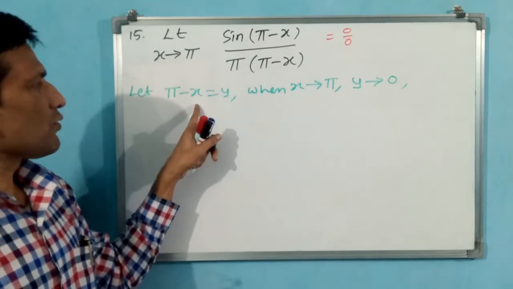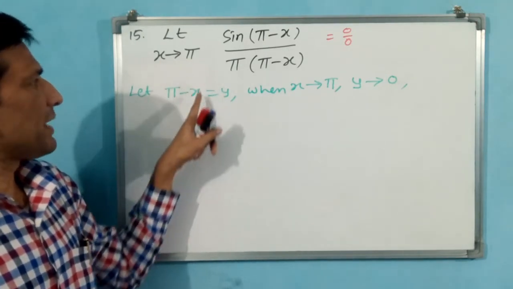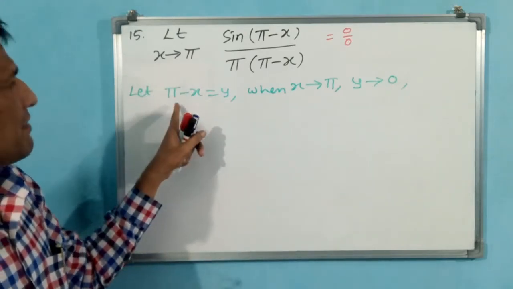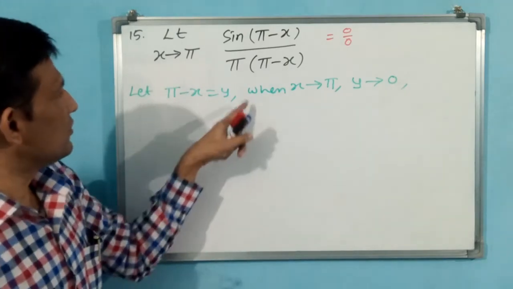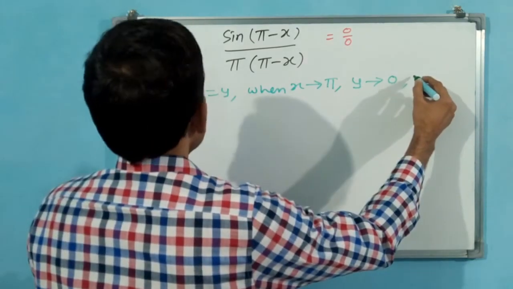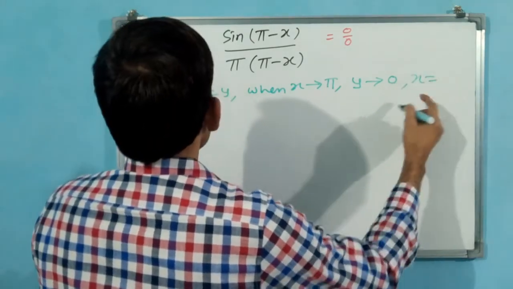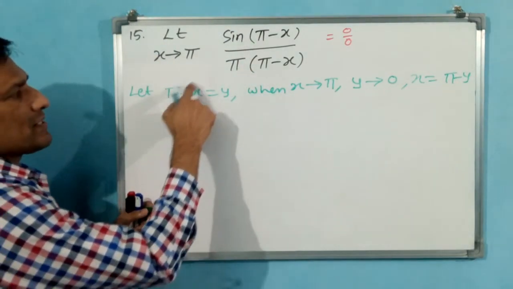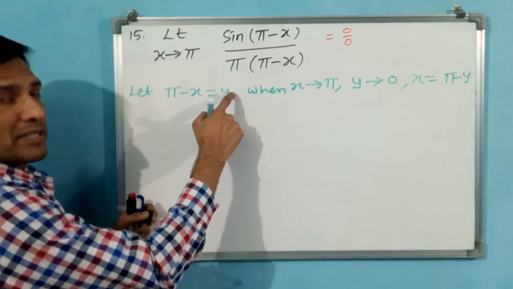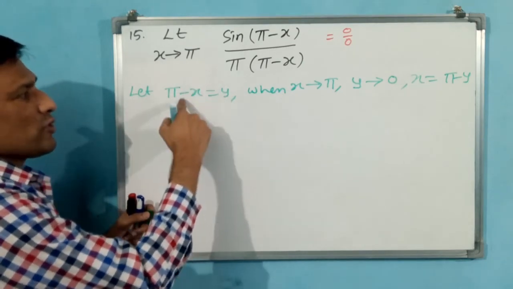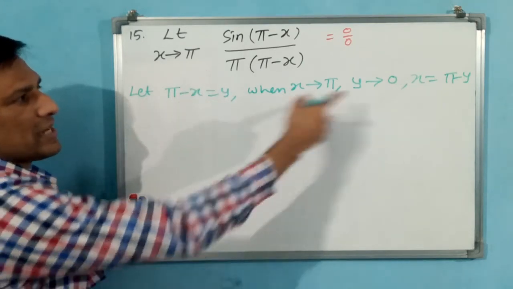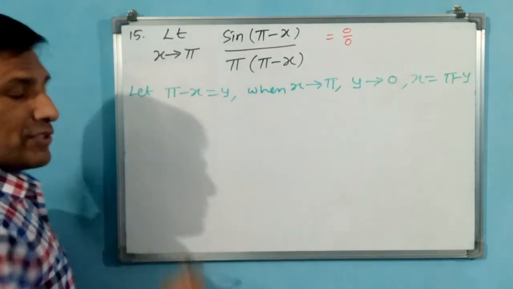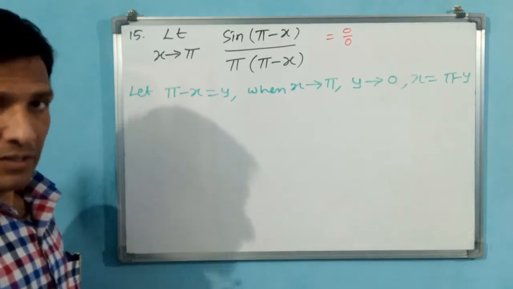Here x tends to pi, how to substitute? Y is equal to pi minus x. Pi minus pi is 0, so y tends to 0. Okay, another one. Let us take when pi minus x is equal to y, x is equal to pi minus y. That also you write. If you require, we can utilize this. X is equal to pi minus y. Is it okay? Why? Because I have sent this y that side. Minus x is going to become plus y, plus x. Y is going to become minus y. Pi minus y is equal to x. Okay, x is equal to pi minus y. Now you change this statement.